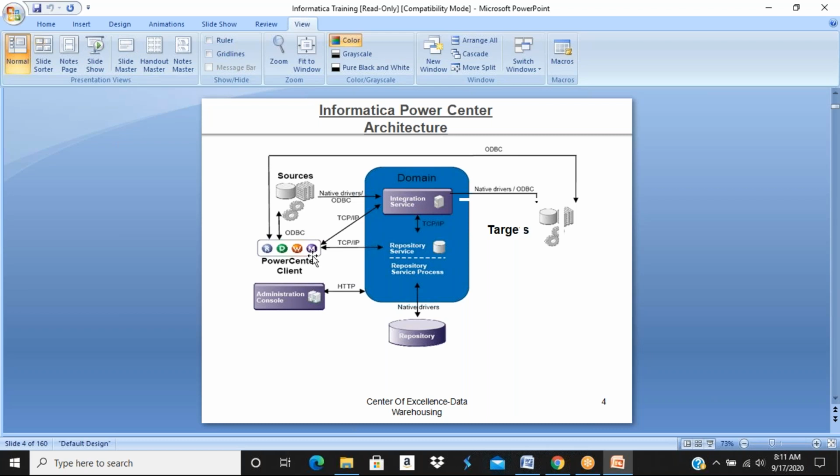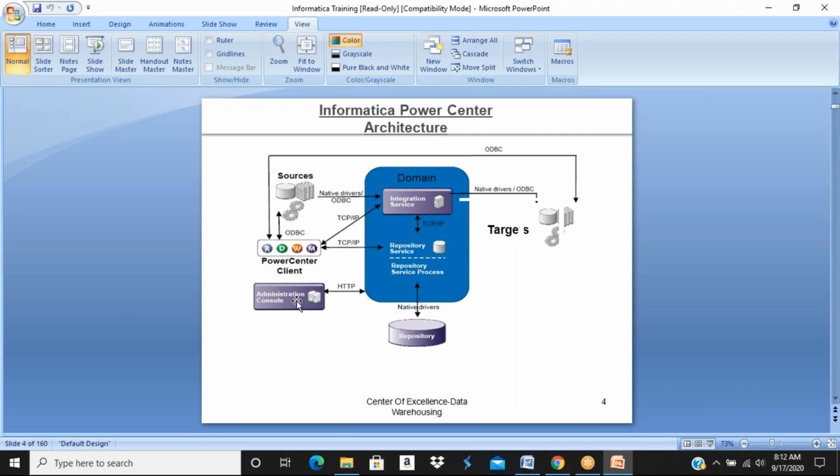So what all can you monitor? Which source database Informatica has connected, which table Informatica is extracting, how many records are read from the source system, whether there are any rejections while reading the data from the source system, which target system Informatica has connected, whether there are any rejections while loading the data into the target system, how many records got loaded into the target system, and whether the job succeeded or failed. All these things you can monitor in workflow monitor.